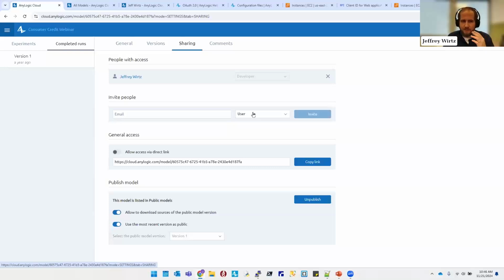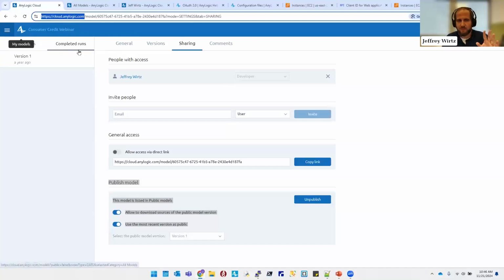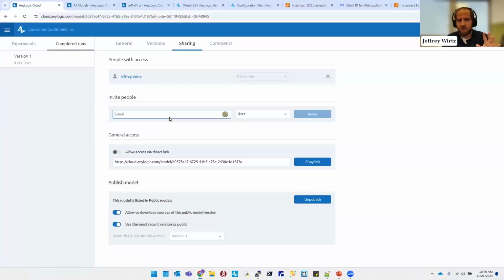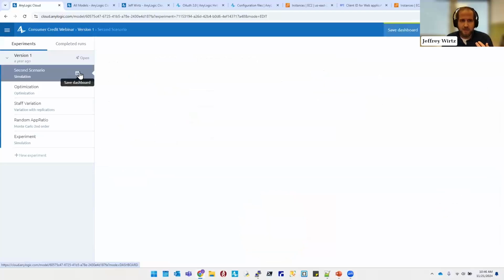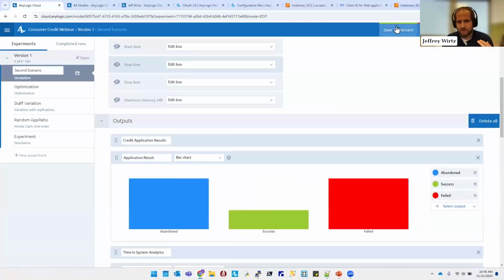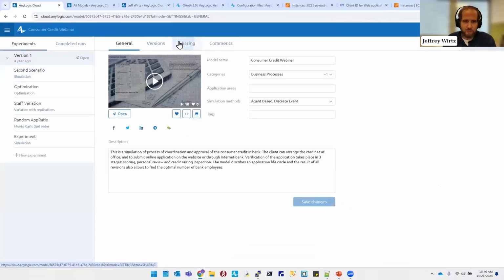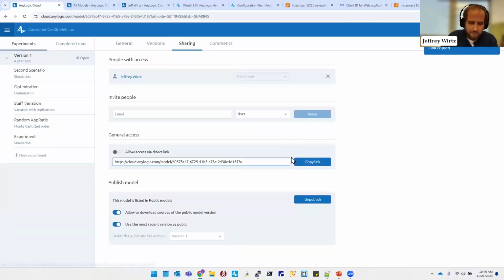And the whole company doesn't need to see it. I don't necessarily want to let this whole model be available to anyone who has access to their private cloud instance. I want to direct which users have access to these models as a user, someone who isn't going to be accessing this model and configuring everything and changing everything under the hood, because that's not what they need. I already made this experiment for you. And even to the point of how it's going to look for most of you who access this link,